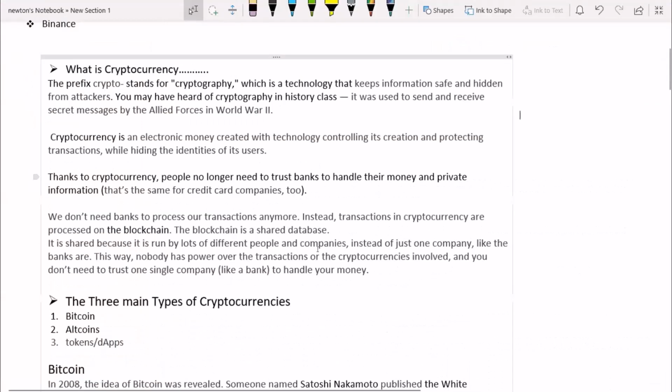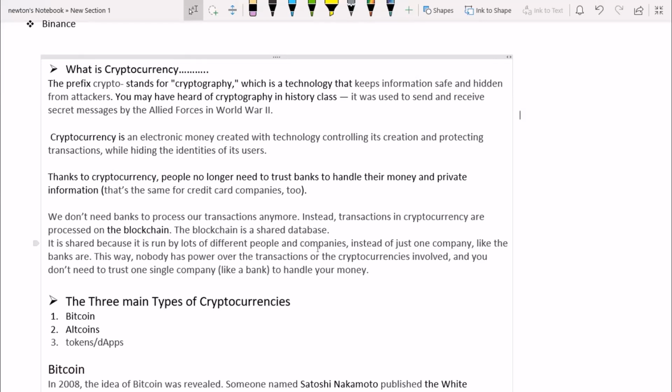So with the help of cryptocurrency, all of that is no longer in place. You can send money conveniently, with a very cheap transaction fee, and with the speed of light. And that process takes place through what? The blockchain. In the case of a traditional bank, we go and do these transactions, but here we don't need to go to the bank, we don't need to go anywhere. We just sit right before our system or laptop or phone and then initiate that transaction through the help of what? Of blockchain.